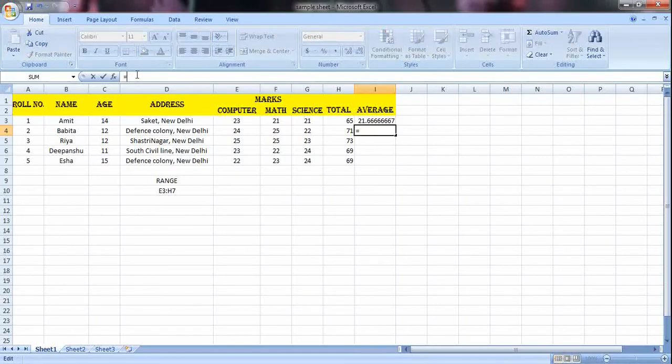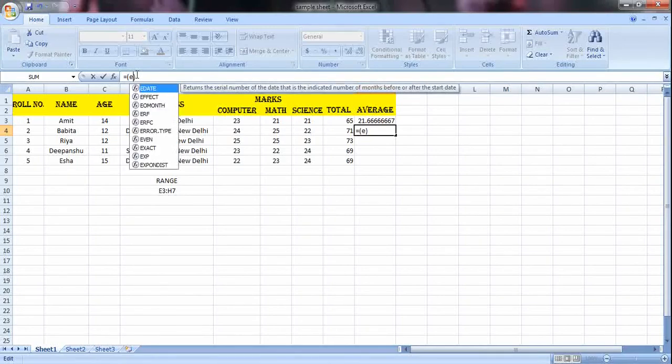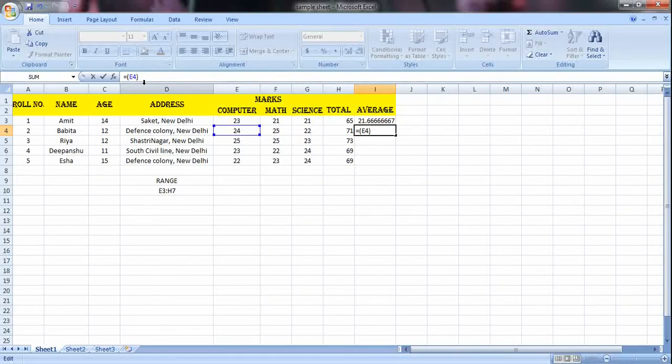Second way is using the cell addresses. While using the cell addresses, you will put brackets and then write down. It will start from E4, E4 plus F4 plus G4 upon 3.